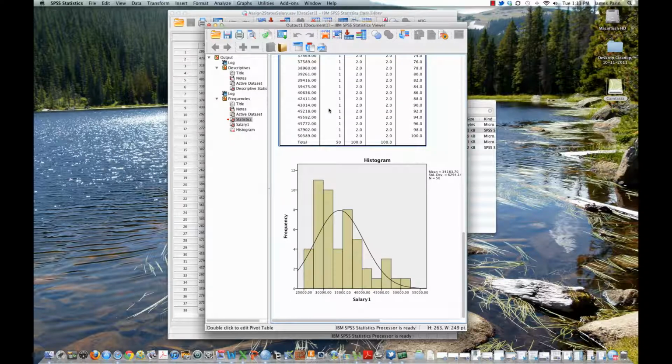All right, so here we go. We have the histogram, and this provides you with a visual representation of the data, showing you the distribution and how the data sits.